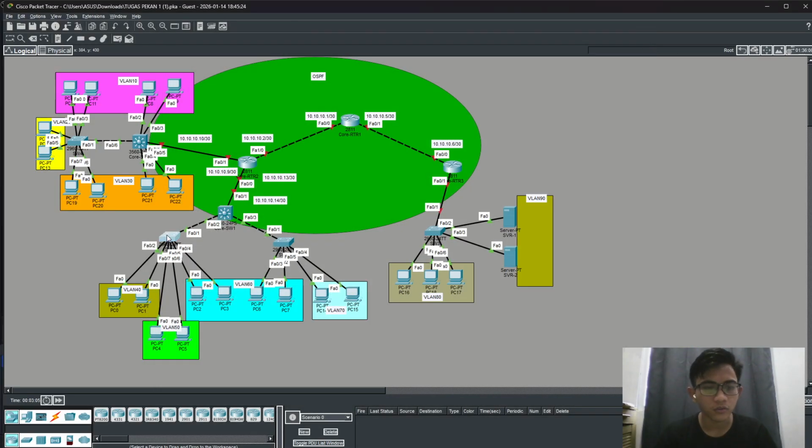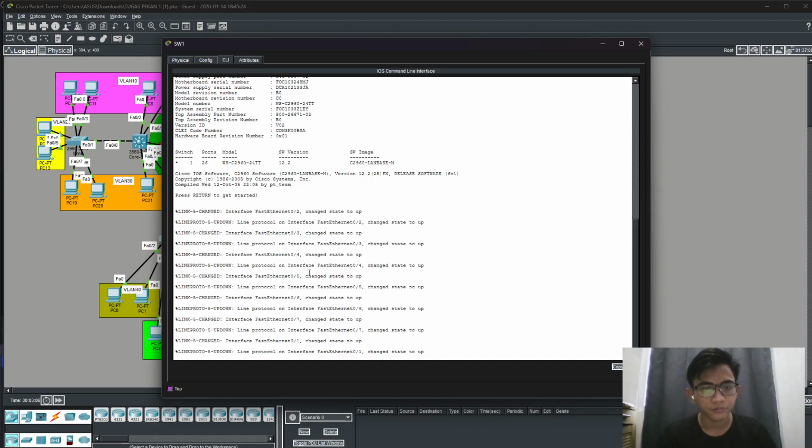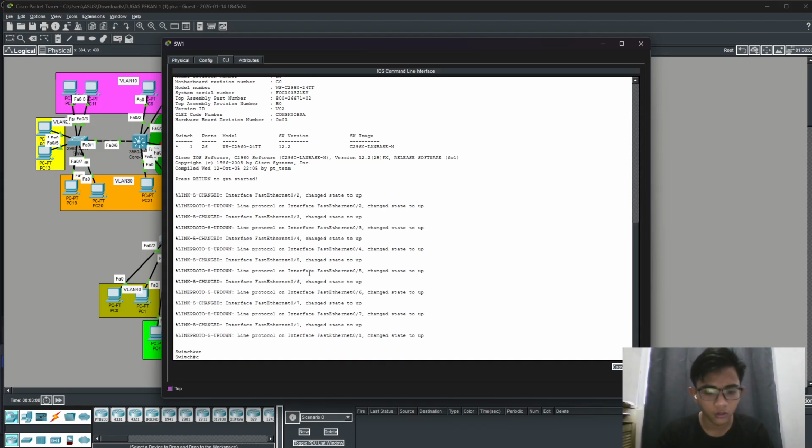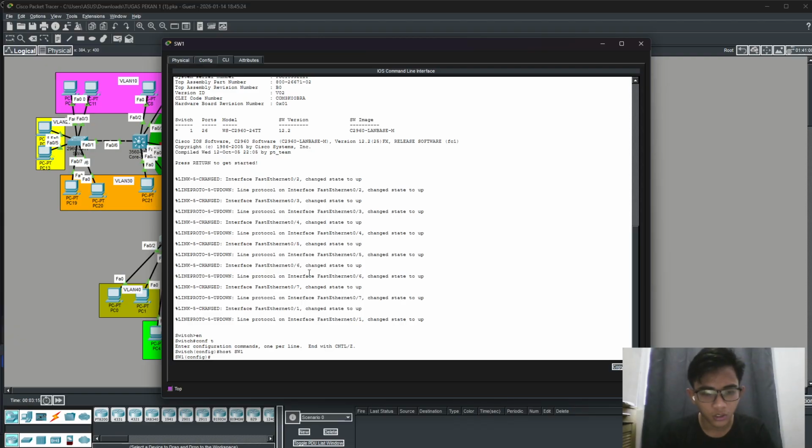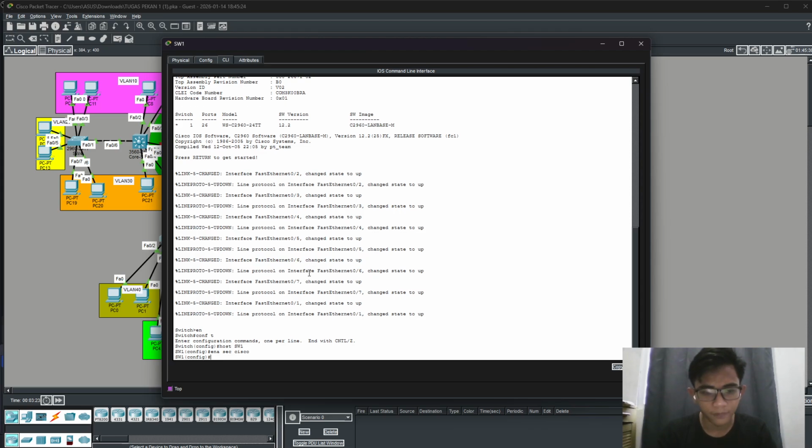Now from the switch here, enable, configuration terminal. Hostname is SW1, and enable secret is Cisco. Exit.